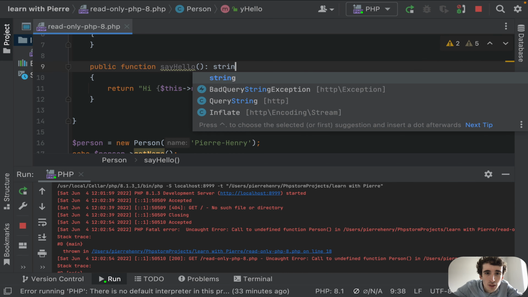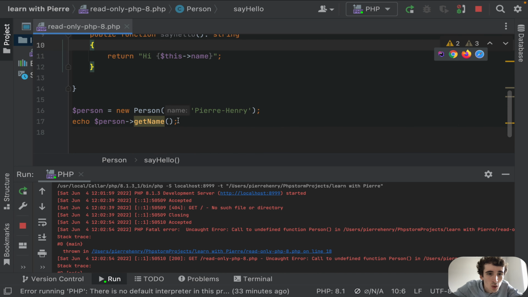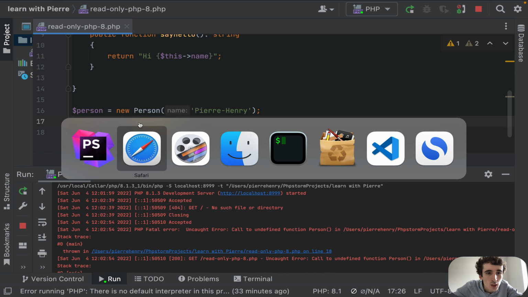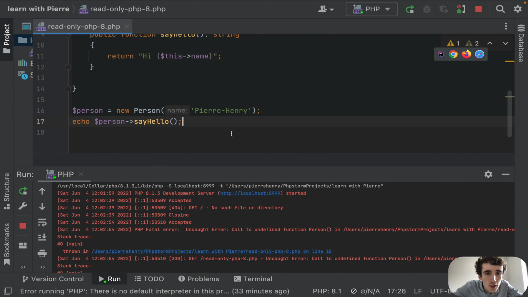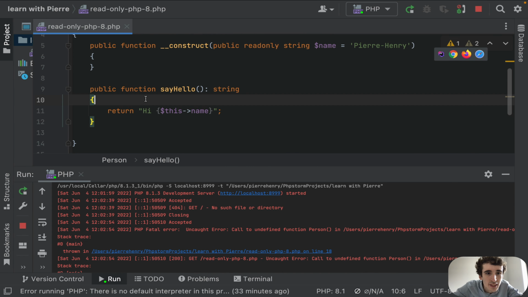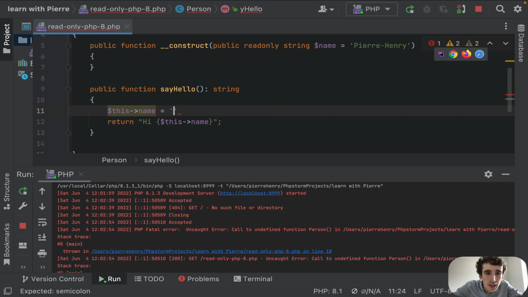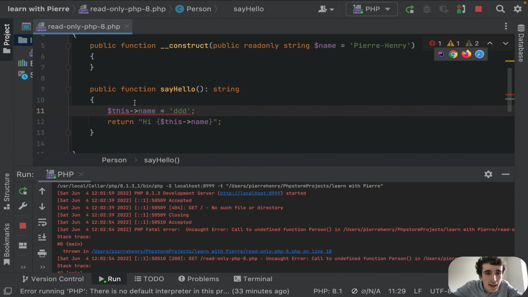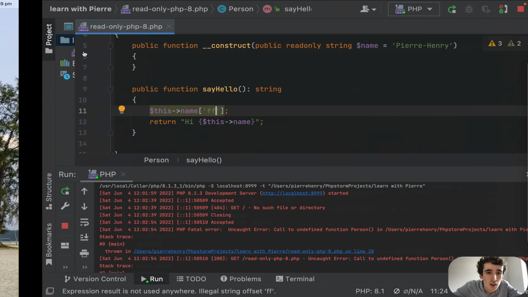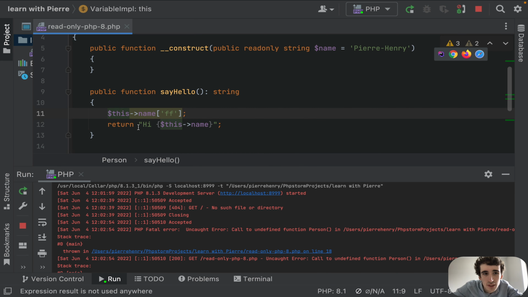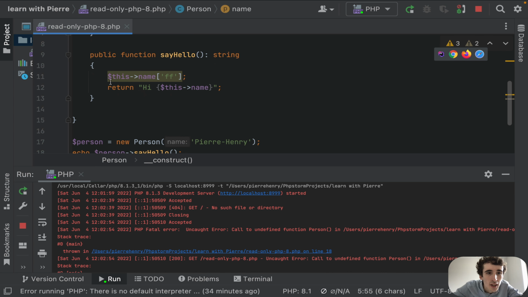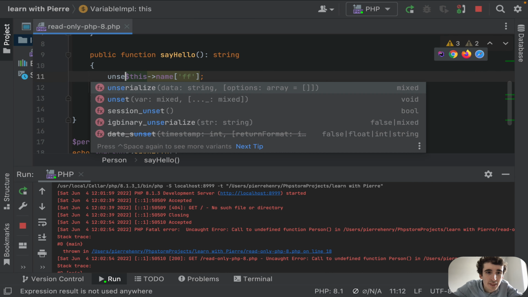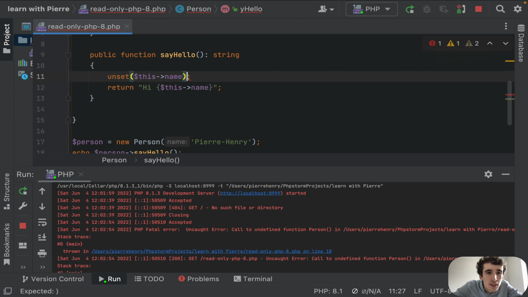And here we will add a return type declaration, a string. And so now we can do sayHello. So now we can have a look. Hi Pierre-Henry, beautiful. And inside, if I try to change the property to something else, PHP will give you, you see, an error. And if I try to use it as an array like this, again PHP will throw an error as well. If I try, and actually name is a string anyway, so it won't be possible. And if I try to unset like this,